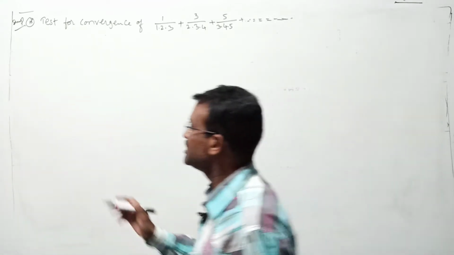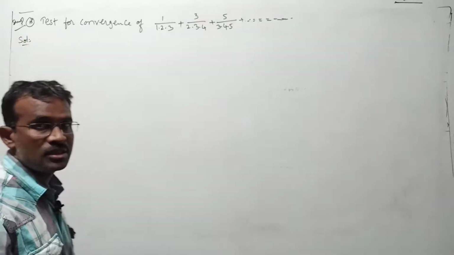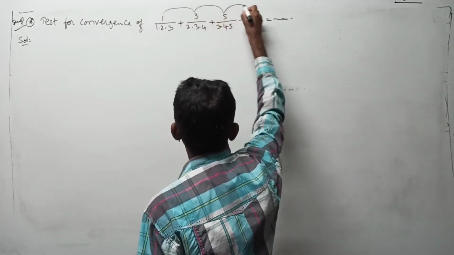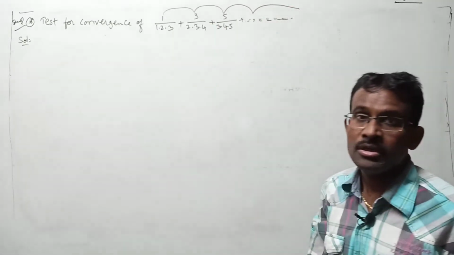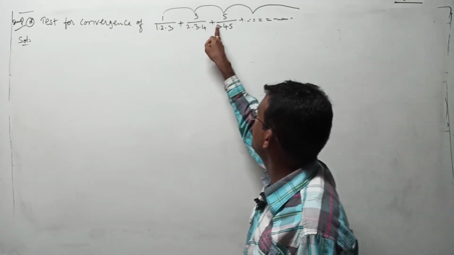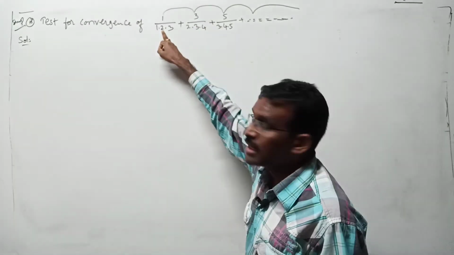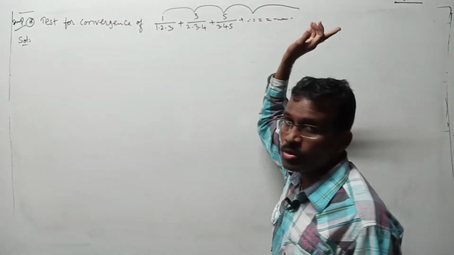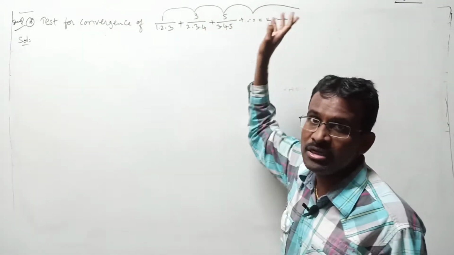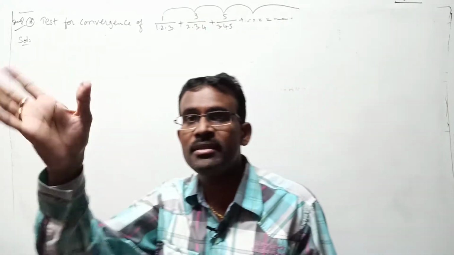For that, what is the approach here? How can you define the nth term? In this model, the approach is to go to the numerator. Numerator is 1, 3, 5, 7 and so on. Define the nth term. After that, go to the denominator first term 1, 2, 3 and so on, and define the nth term. Then the second term in the denominator 2, 3, 4 and so on, define the nth term there. Next 3, 4, 5 and so on, define the nth term there. And write in the same order the corresponding nth terms. You get the nth term un in the given series.